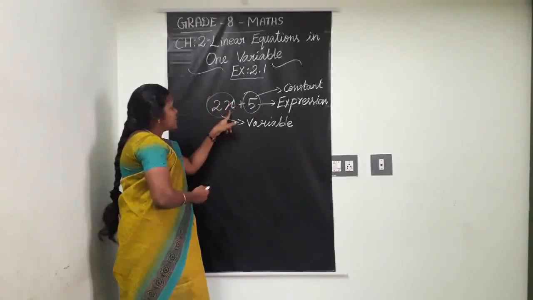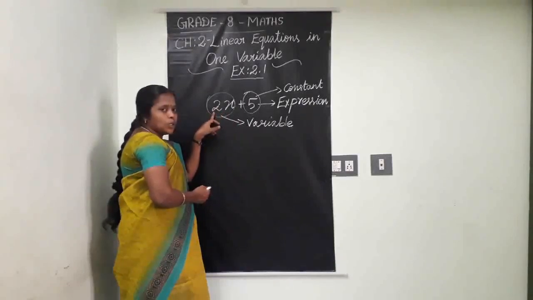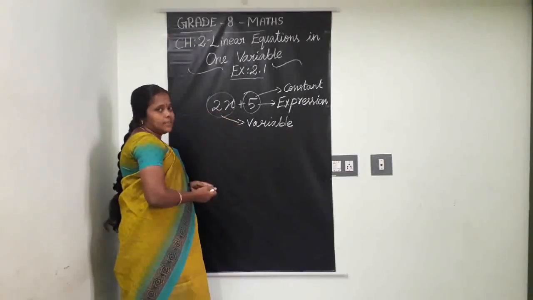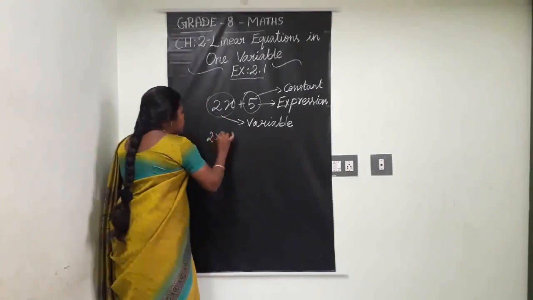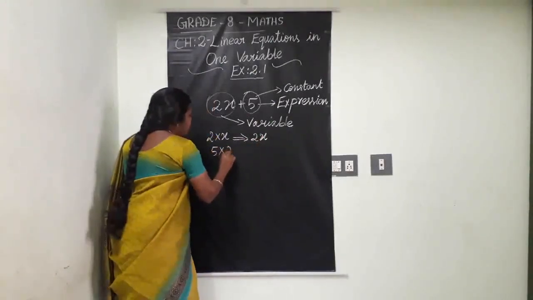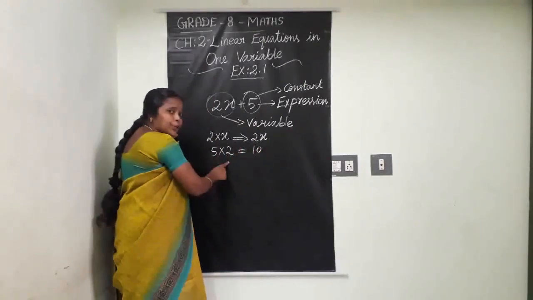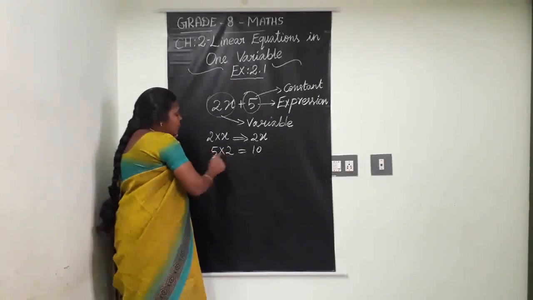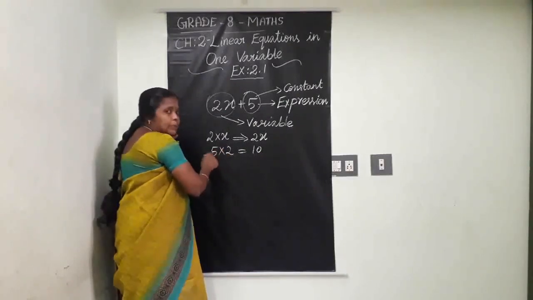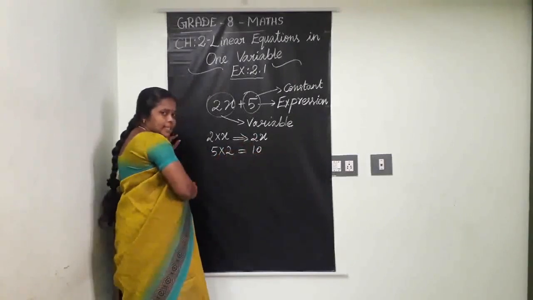Here with this x, this 2 is connected. Clear? 2x is variable term. In this x is the variable. What about this 2? 2 and x, how are they connected? In multiplication. 2 into x is 2x. Clear? 5 into 2 is equal to 10. Here for 10, what are 5 and 2? Factors. 5 and 2 are connected with each other by multiplication, in the product category. 5 and 2 are called factors for the answer 10.